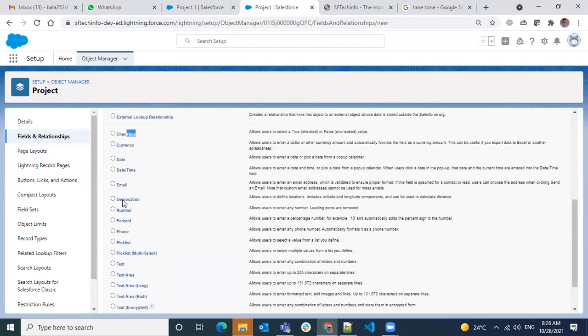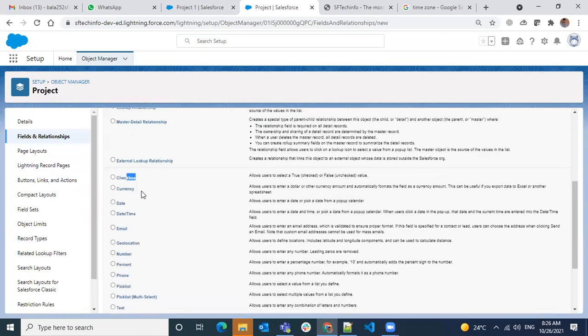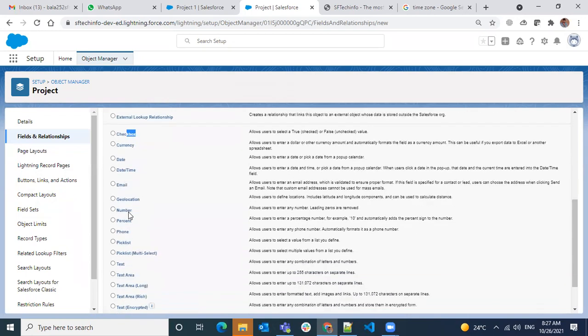These are mostly the settings you see. If it's a checkbox, what is the default value, checked or unchecked. If it's a currency or number, what are the decimal places. And for email and formatting, location, decimal places or degrees, how you want to store it.